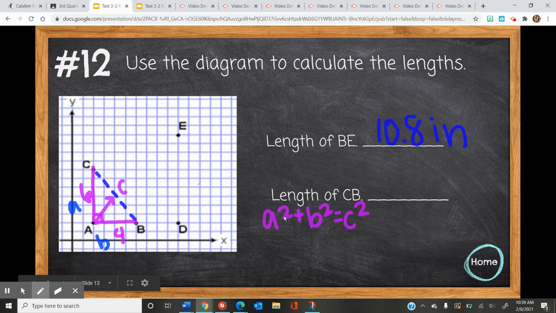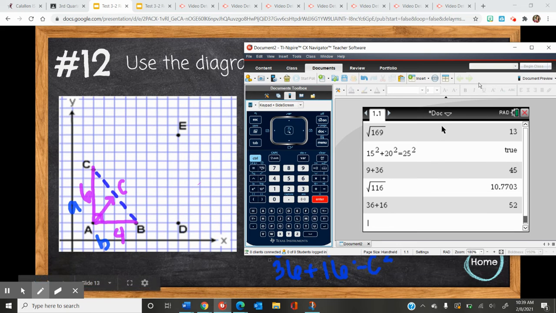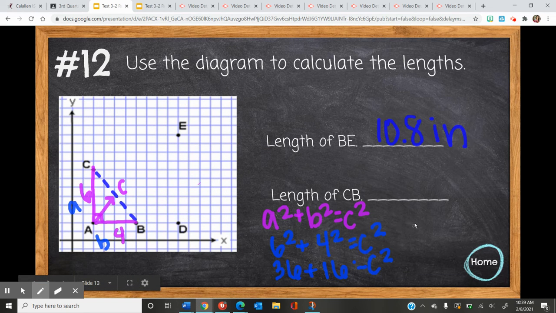So I'm going to go down here and substitute my numbers. For A, we have 6 squared, plus B, we have 4 squared, and this equals c squared. So now 6 squared is 36, plus 4 squared is 16, and this equals c squared. Now I need to go ahead and simplify this, so 36 plus 16 equals 52. So 52